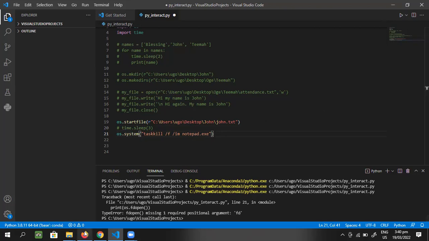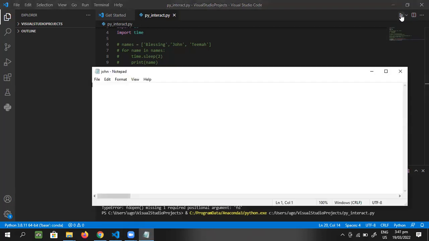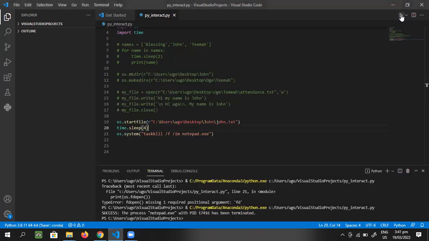I'm just going to run this code. Let me close this before it freezes my system. Okay, so when I run this code right now, watch what's going to happen. Remember, I put a sleeper here of 3 seconds. Let me make it 4. And let's run it. So when I run this, it opens the file, counts 4 seconds, then it kills the